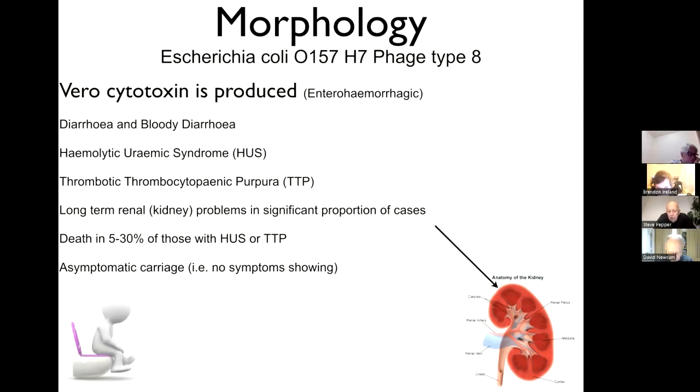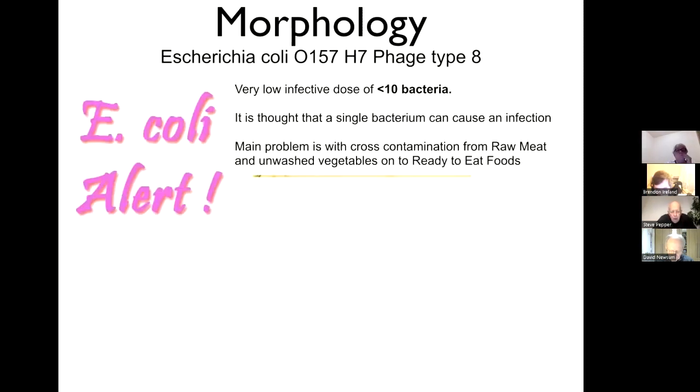You can also have asymptomatic carriage where no symptoms are showing, so it's very difficult to isolate your food handlers from handling food. So it's a very low infective dose, less than 10 bacteria, and it's thought that a single bacterium can cause the infection. The main problem is with cross-contamination from raw meats such as beef, lamb, venison, and unwashed vegetables onto